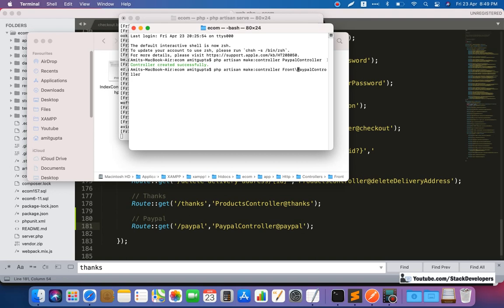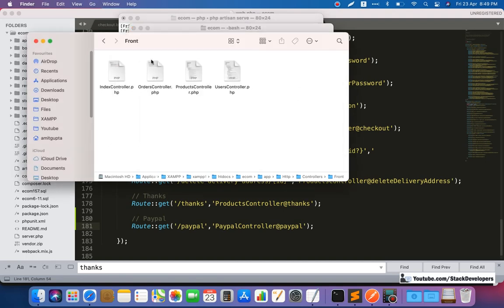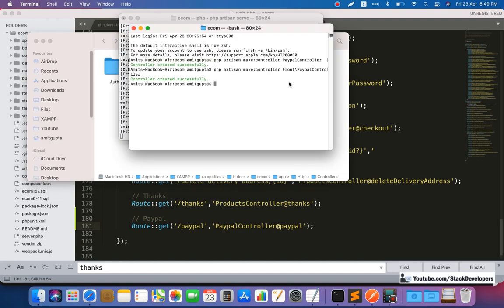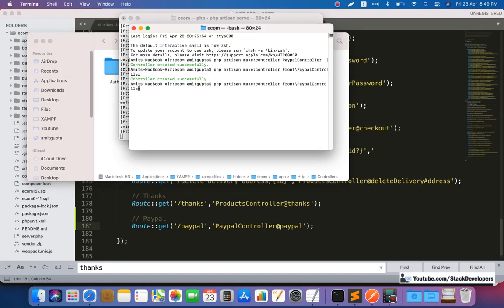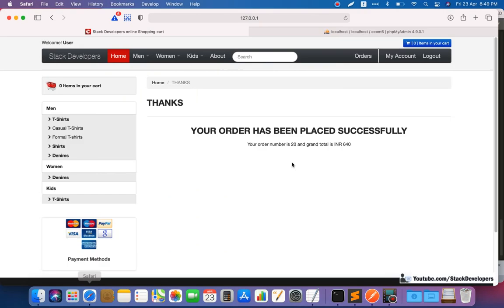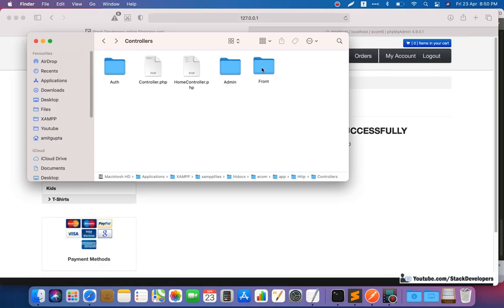Okay, so we are going to create the PayPal controller like this. I'm going to check, I have given the wrong braces. Yeah, this one, it must come like this. Okay, sometimes I forget. No issue, you must not make such silly mistakes.